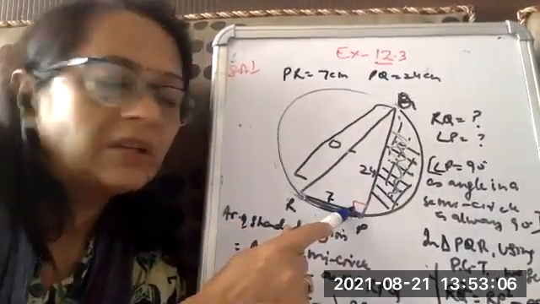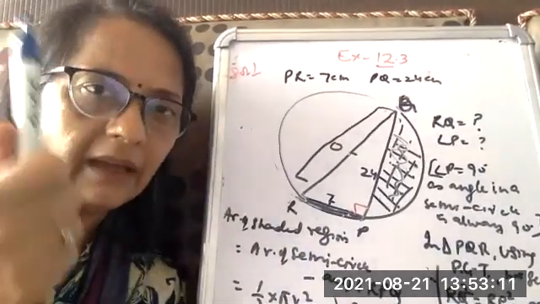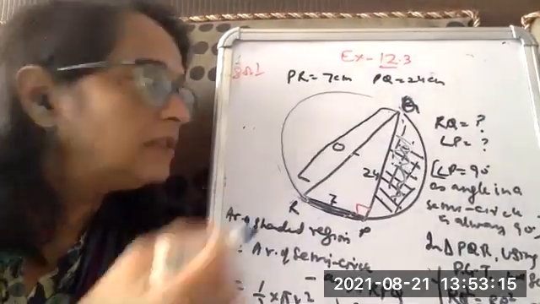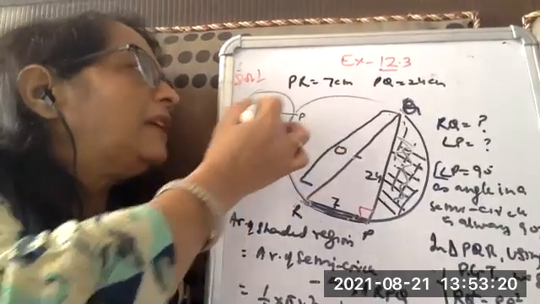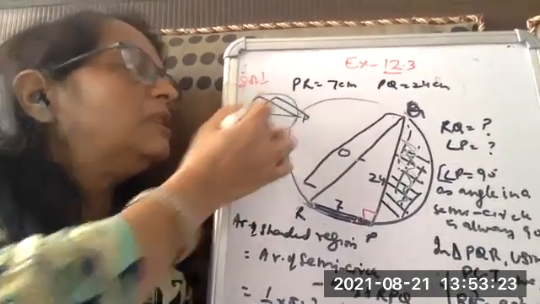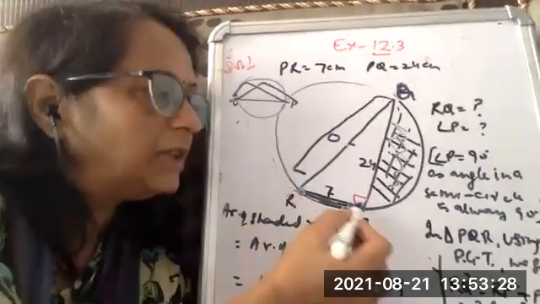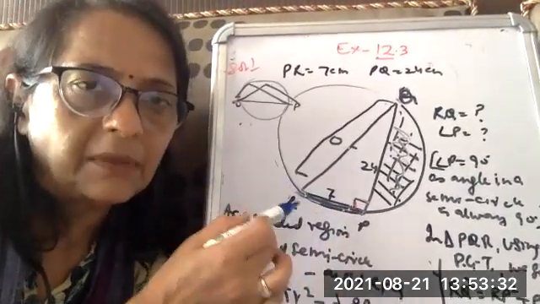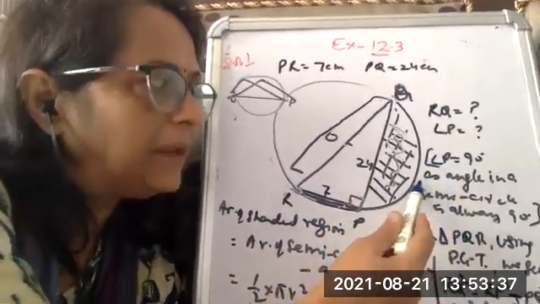We are not given angle P, and we have done one property related to this angle P in class 9th, if you remember, that an angle in a semicircle is always a right angle. Children, if you are given this circle and this is the diameter, then if I take some angles in this semicircular region, then each and every angle will be of 90 degrees, that we have studied. So keeping the same thing in mind, we can check this angle P. It is an angle in a semicircle and it is of 90 degrees. So angle P is 90 degrees, and we have to give the reason here: angle P is an angle in a semicircle, which is 90 degrees, right?